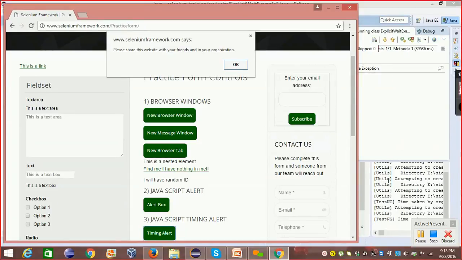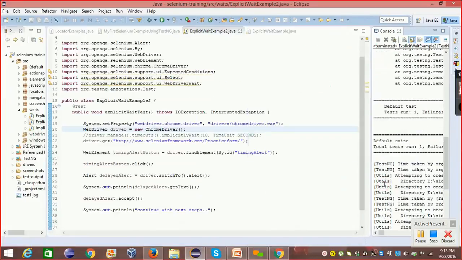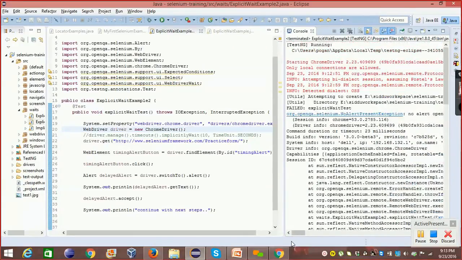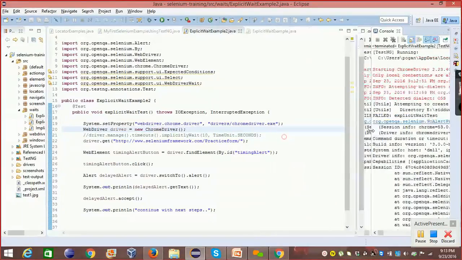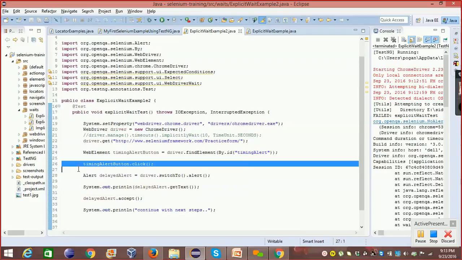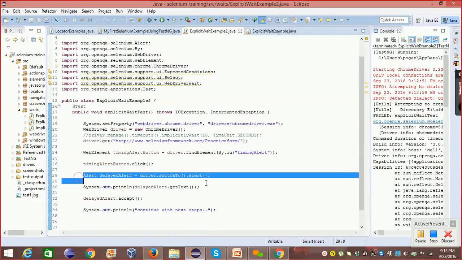Okay, so your test case execution completed. Alert is shown, but see, the test case failed with this reason. It says NoAlertPresentException. That is because when we click on this button, we are immediately searching for that alert, driver dot switchTo alert. We are trying to switch to that alert,